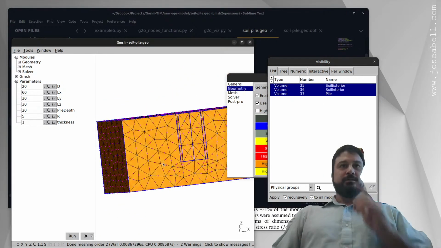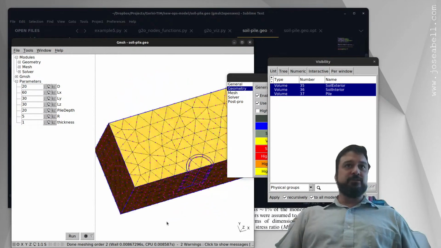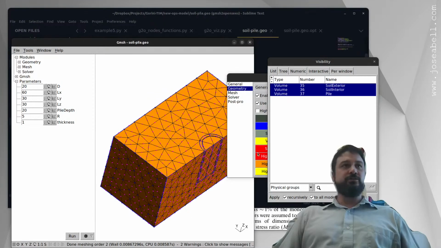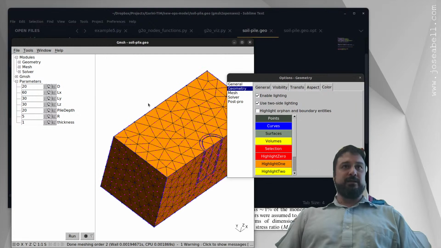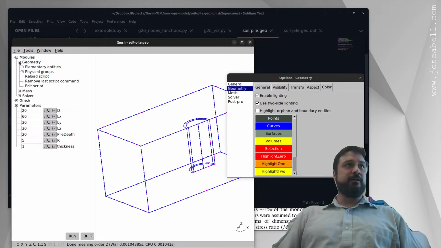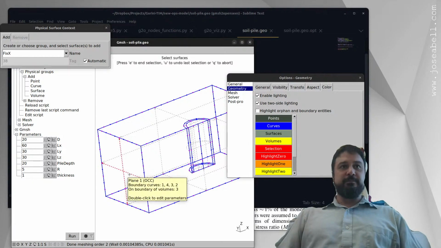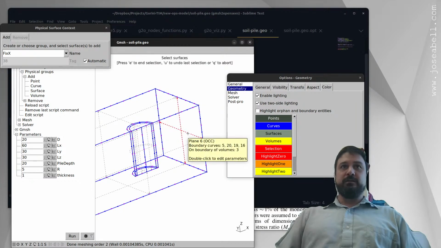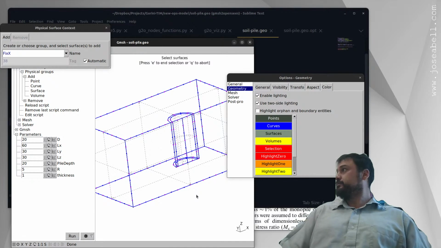Amazing. Okay, so those are the physical groups for the volumes, and then I need to set up physical groups also for the boundary conditions. So in order to do that, let's use the GUI. I'm going to go back into visualizing the interior of the domain, and I'll go here, physical groups, add surface. So I'm going to fix the X normals in this plane and this plane, and I'm going to fix the